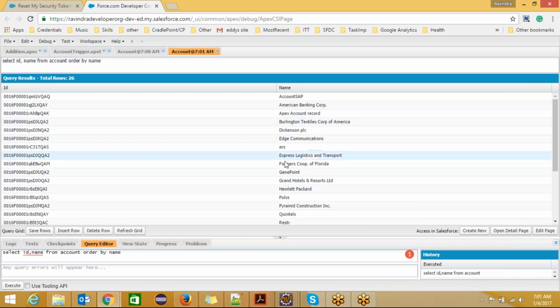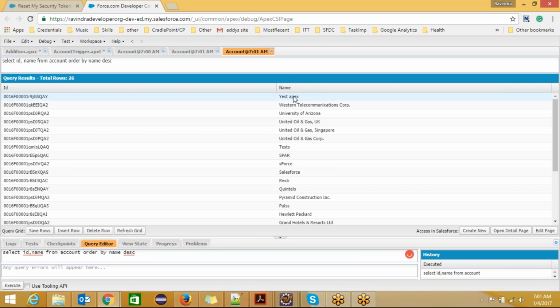A, B, C, D, E, F, G, H, I, J, K, L depending upon the name. So if you want it in descending order, you can specify descending. Now the results will be ordered depending upon the name with descending order. So this is the keyword. If you want to order your results, then you can use order by,